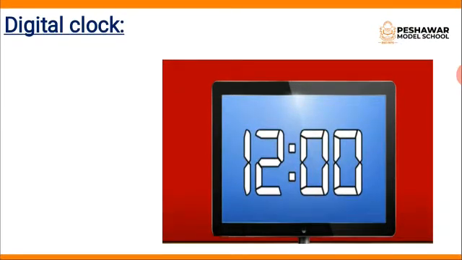Digital clock. This is a digital clock. It shows 3 or 4 numbers and 2 dots called colon. Digital clocks are everywhere. You can see the time on a computer, mobile screen and on your wristwatch, etc. On a digital clock, the numbers on the left side tell us about hours and the numbers on the right side tell us about minutes.